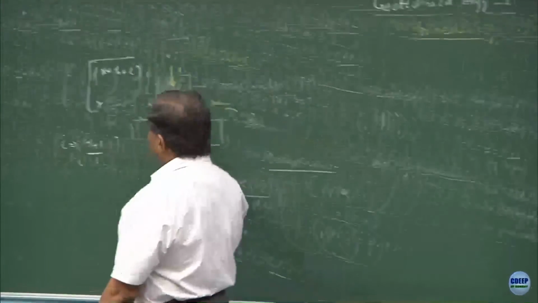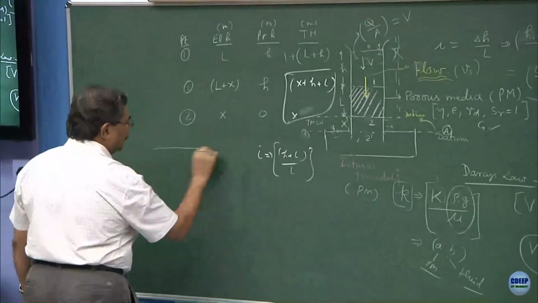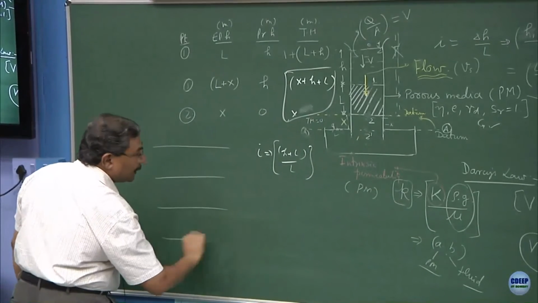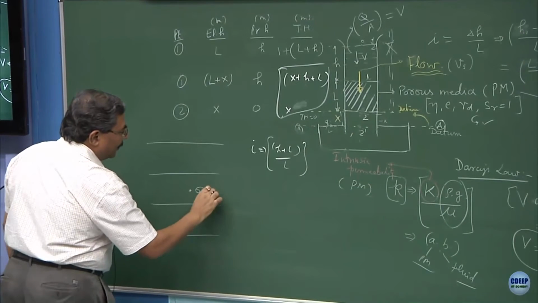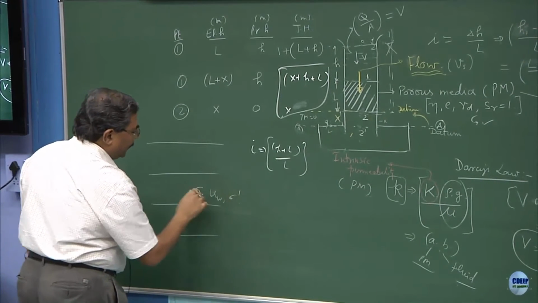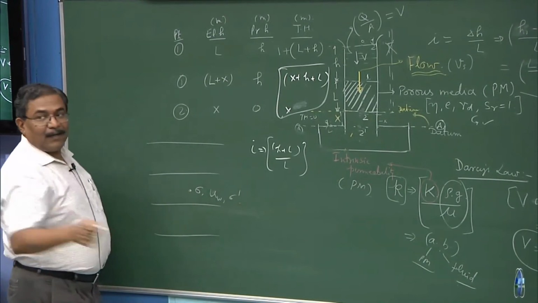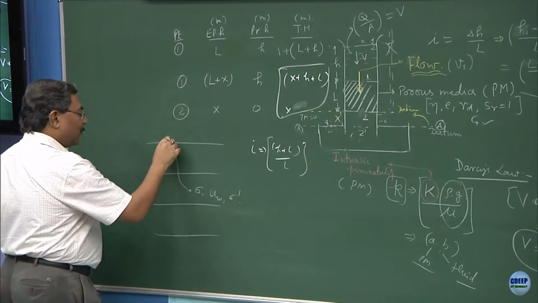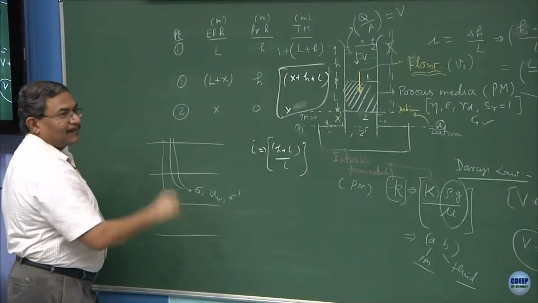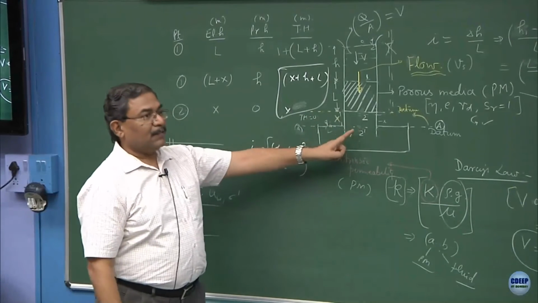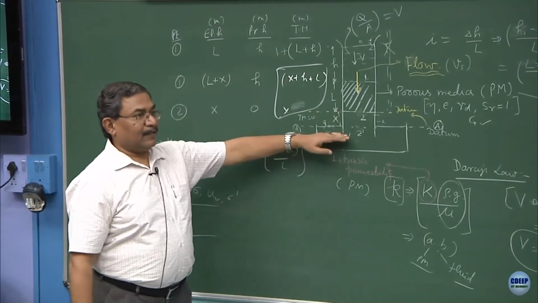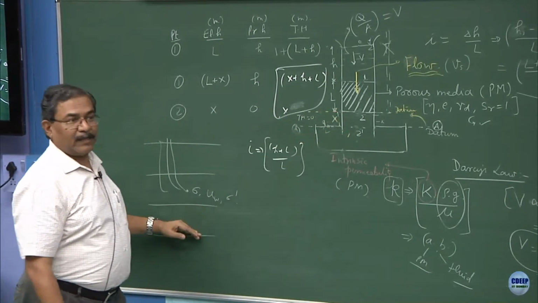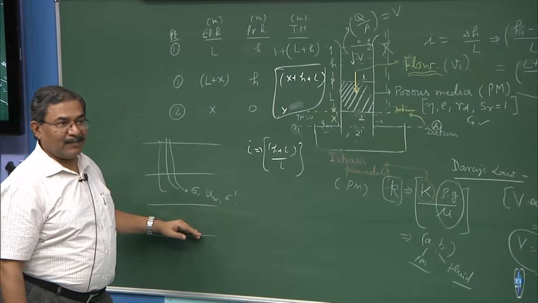What is the difference between this situation and this situation? You remember we were talking about multi-layered system, and I was asking you to find out sigma, u_w and sigma prime at this point, and using this concept he said that the pore pressure is going to be this much, which is not correct here because the boundary conditions are different. This is atmospheric and this is not atmospheric. Are you getting this point?